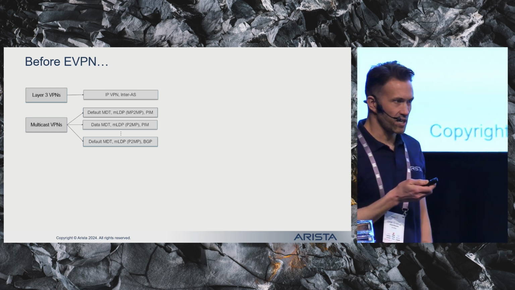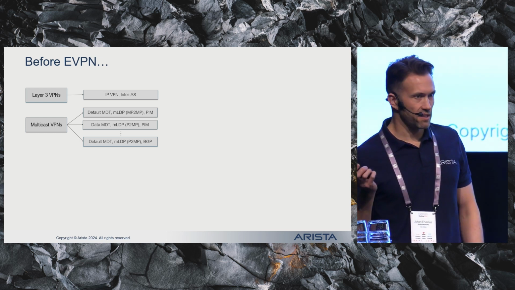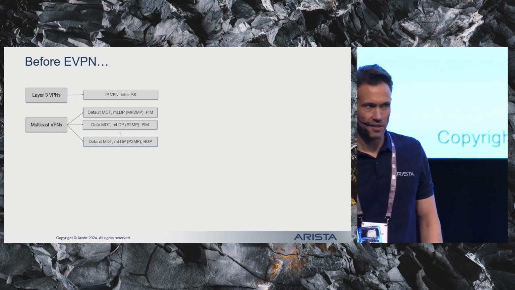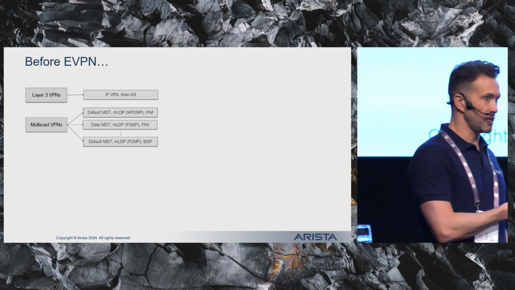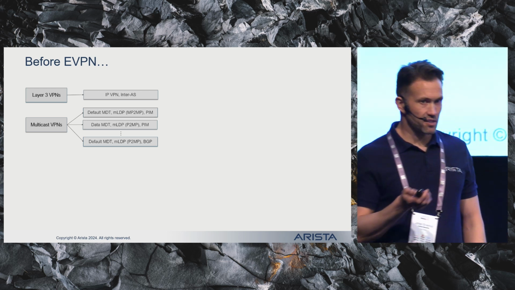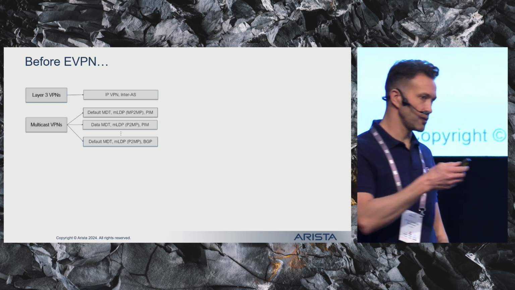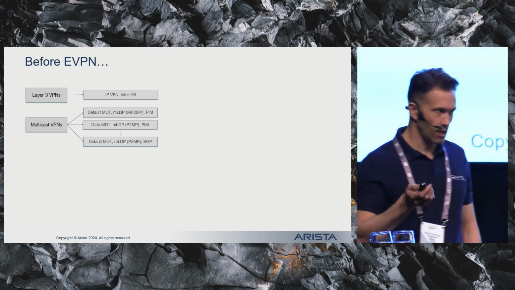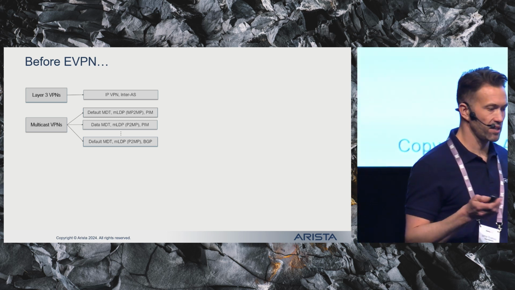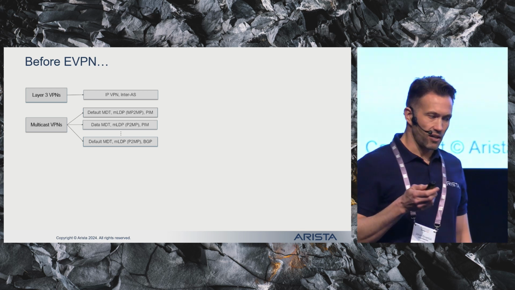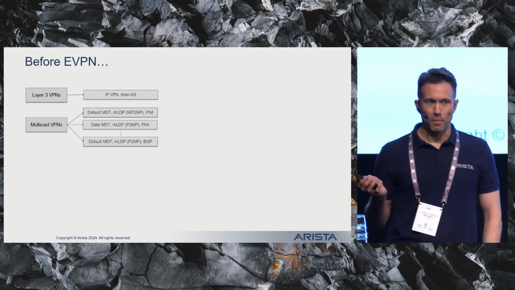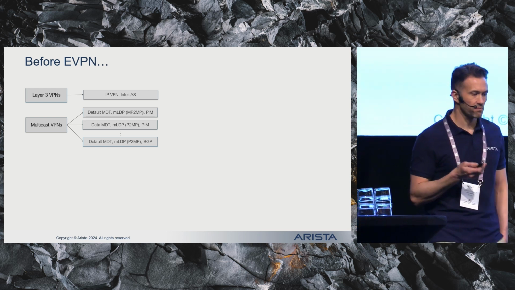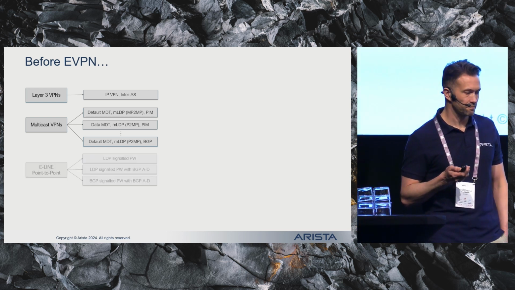Then multicast was added to the mix. We had the Rosen draft, which introduced PIM to build multi-point GRE tunnels, and suddenly you had IP as the forwarding plane. And then the next generation MVPN reused the layer 3 VPN concept with, again, MPLS as the forwarding plane, mLDP, point-to-multipoint traffic engineering, etc. Today, there are close to 30 different combinations of protocols and functions that make up what is known as MVPN.